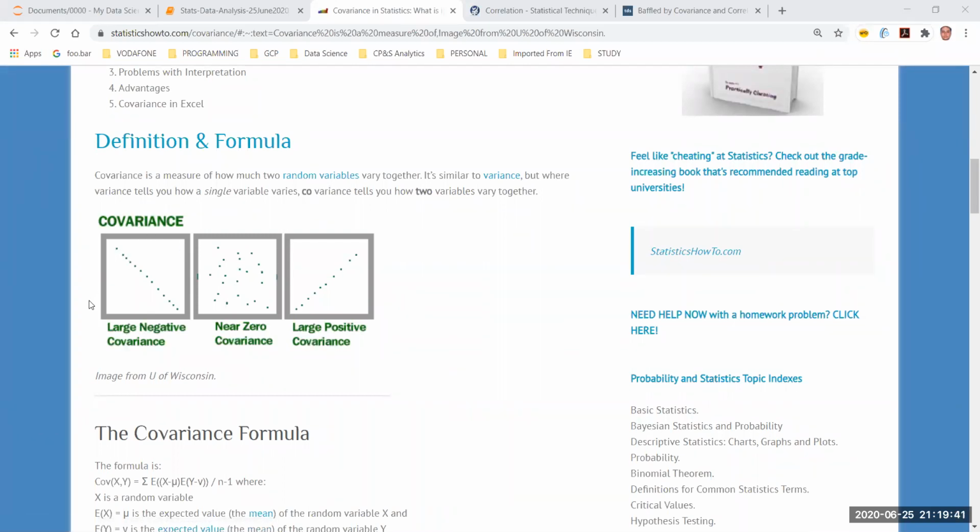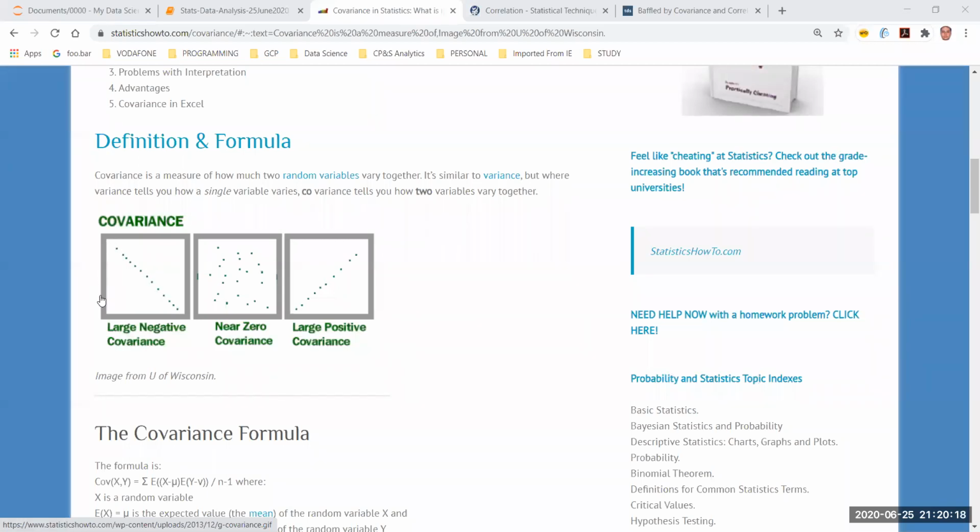Covariance is actually a measure, okay, of how two random variables, okay, let's say if you consider this block over here, it is saying a large negative covariance. Why is there a negative covariance? We will come to know at a later stage. But as of now, just imagine that this is a 2D graph, right? So there are two axes, x axis, y axis. So I can consider these two variables as two random variables, similar to our features. Our features are also random variables. Sepal length, petal width, right? These are also random variables. So these two random variables, how are they varying with each other?